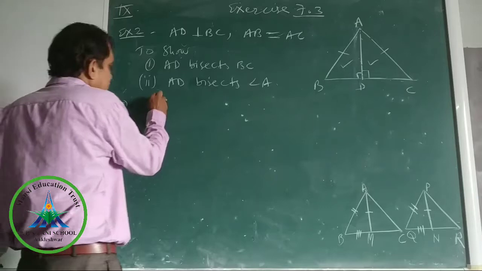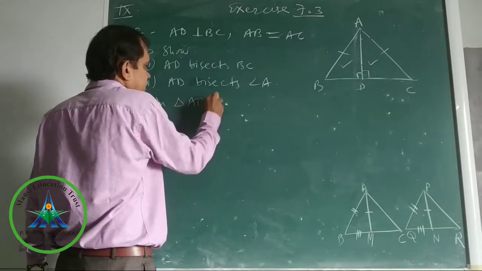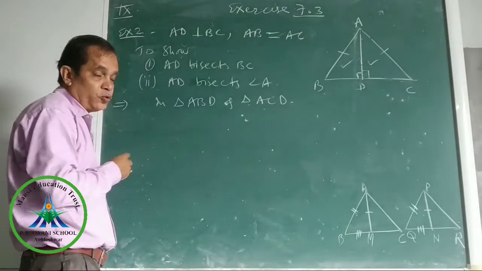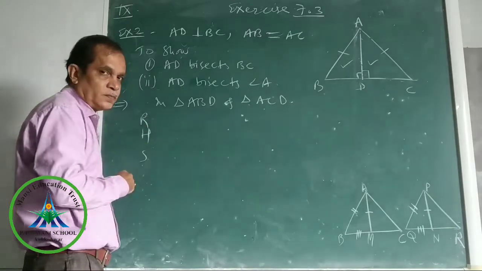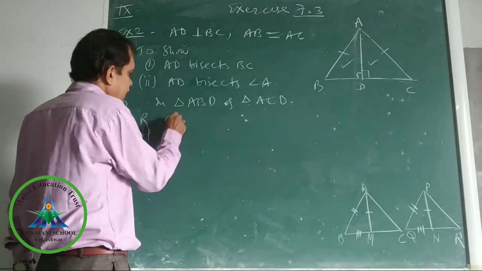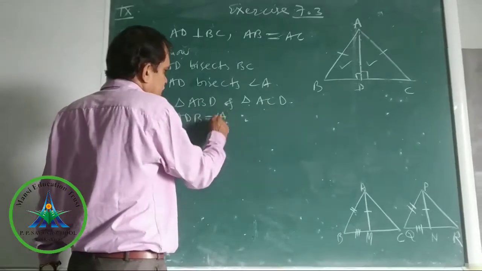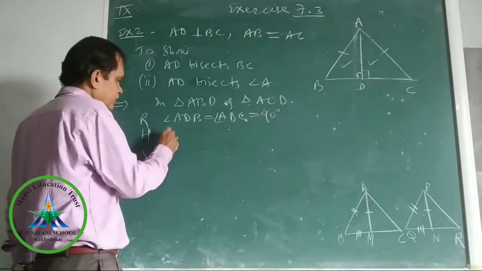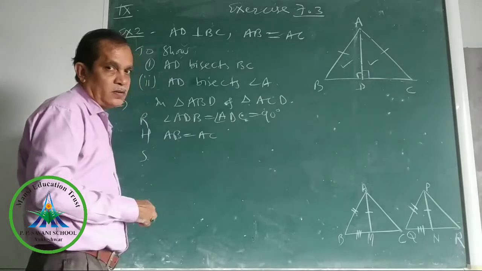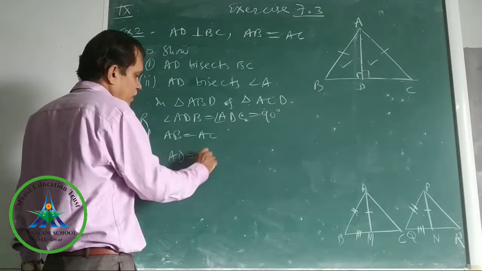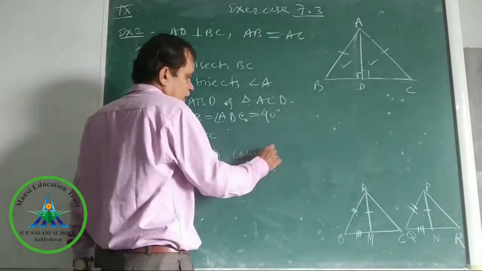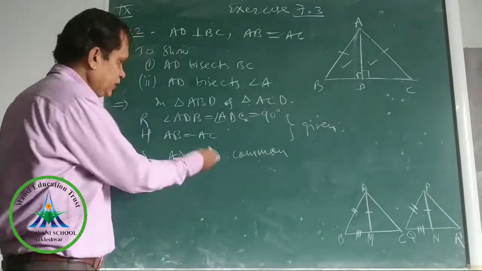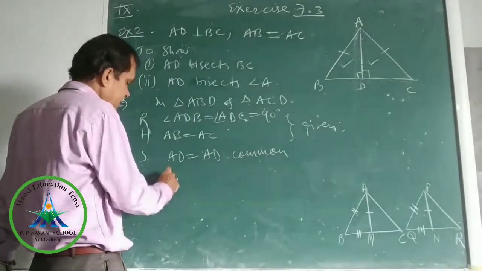See, in triangle ABD and triangle ACD we use the rule. Which rule? RHS. So the right angle: which right angle? Angle ADB, angle ADC, put 90 degrees. Hypotenuse, AB equal to AC. Side, AD equal to AD, common. And the first two are given. Right? Then see, this implies triangle ABD